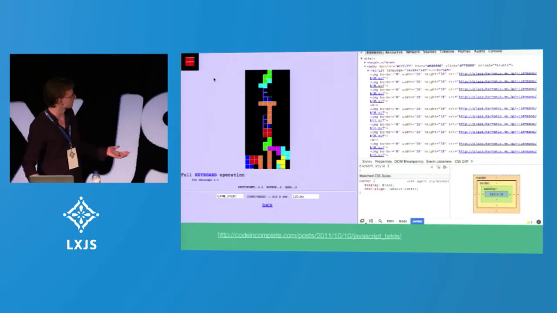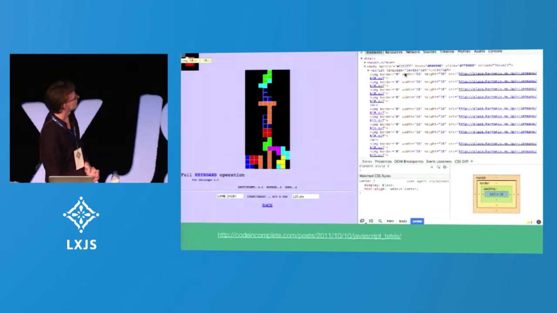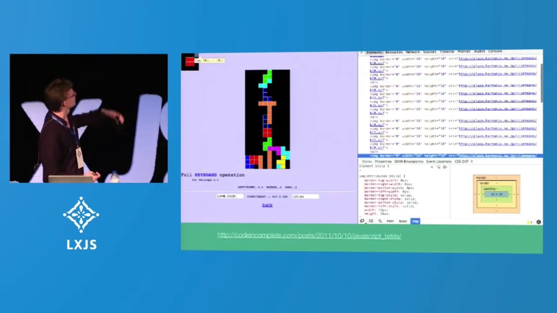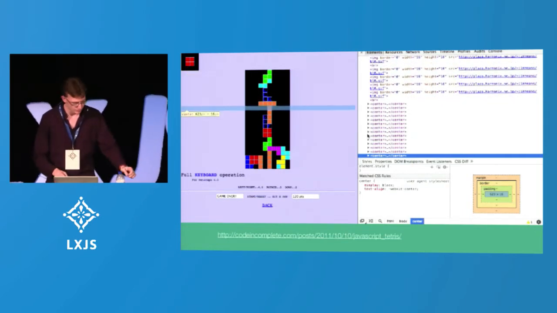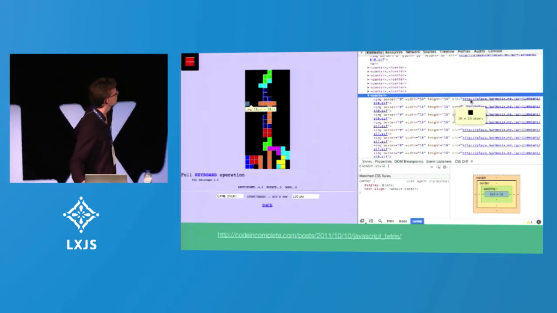Okay, so we'll start with a brief history of JavaScript, kind of. There's been a lot of Flash games in the past, so obviously there's not much JavaScript history. But if you have a look at this Tetris video, you'll see that everything was DOM-based, and it was quite ridiculous. You can see it goes through every single one, every cube is a different thing. And obviously, we invented Canvas, which will be in the next video.